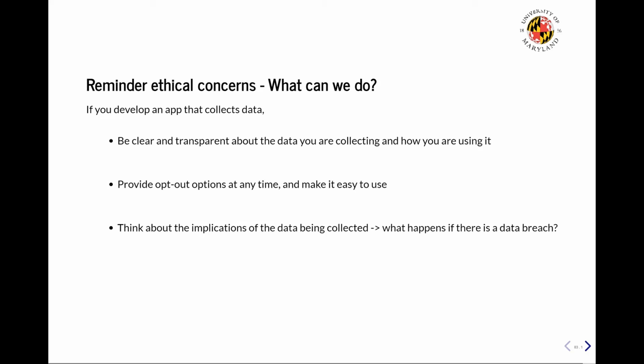And if someone wants to opt out of your application, it should be easy to do that. The UI should be made such that it's very easily available and it can be spotted in just a moment of time. You should also think of the implications if there is a data breach for your application. What would happen if there is an attack on the security of your system? The data of the users, which is personal to them, should not be leaked. And for that, data encryption should be practiced using cybersecurity methods.